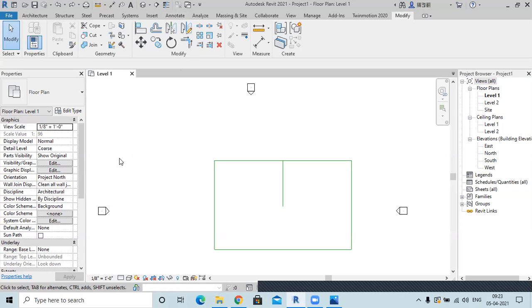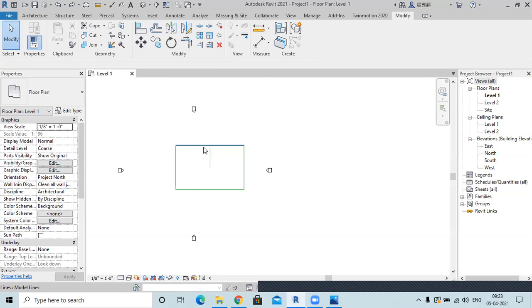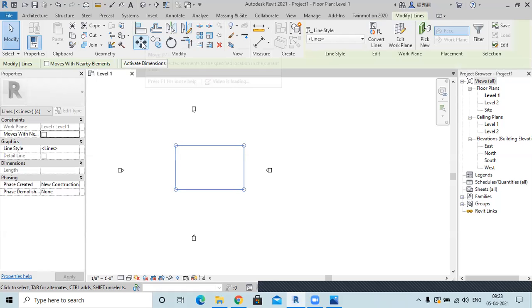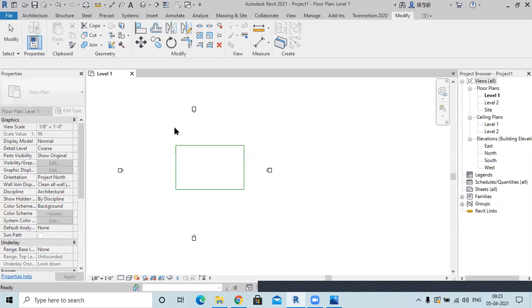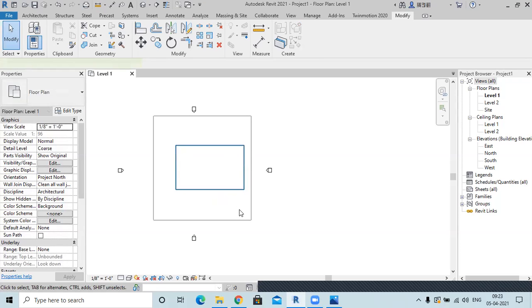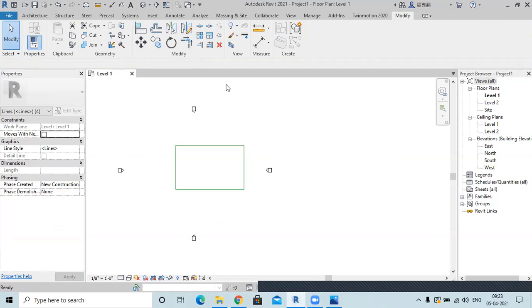Now the other option is array. For example, this rectangle we have. I'll just delete this line for now. Select this. Now we have this move command also. First I'll show you move and copy, then I'll show you the array command. For example, this rectangle I want to move somewhere.